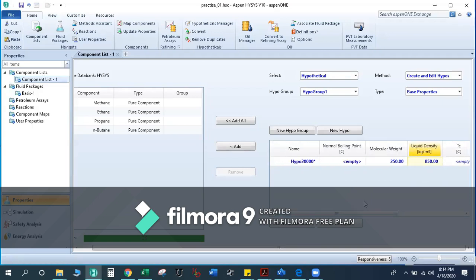This time we are providing the molecular weight and liquid density, and we are going to estimate the unknowns. We have estimated. Now the remaining properties have been calculated by HYSYS.